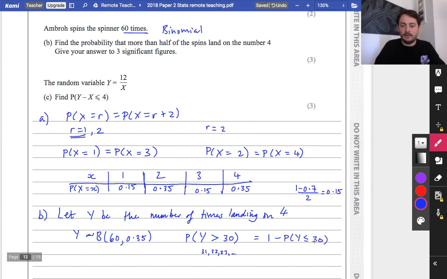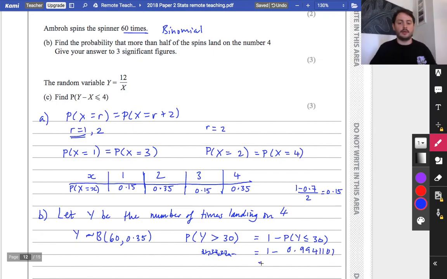Hence me writing y is less than or equal to 30. I don't need this bit anymore. And it wants it to 3 significant figures. So I'm going to go back to my calculator. I'm going to go to the distribution. And I want it to be the cumulative distribution. So I want the lower to be 0, the upper to be 30. I'm doing 60 trials, and the probability is 0.35. So it's 1 minus